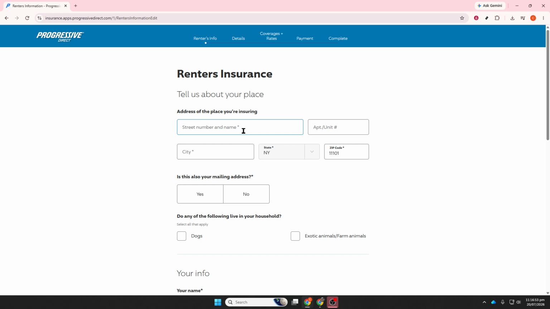When everything looks right, go ahead and purchase the policy. During this step, you'll also choose the effective date, which is the date your renter's insurance coverage begins. Be sure to select a date that lines up with your move-in date or the date you want your protection to start. Once the purchase is complete, return to your account and confirm that both your auto policy and your